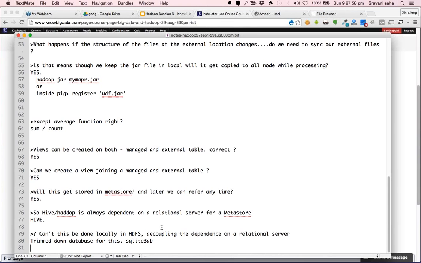Now, that is something as part of the design of Hive. They had to store the information about tables somewhere, so they stored it in MySQL. They could have as well done it in HDFS by creating some kind of a proprietary format, but they have chosen that path. I'm not sure if they are working on that. So HCatalog provides those kinds of services now. Under the hood, let me check if HCatalog has started storing the metadata somewhere, or is there another metastore provided which stores the data in HDFS